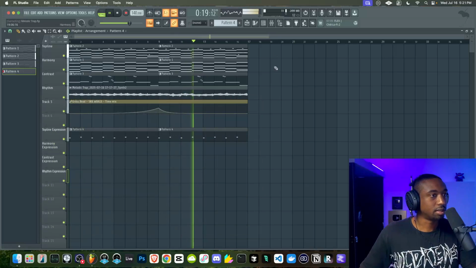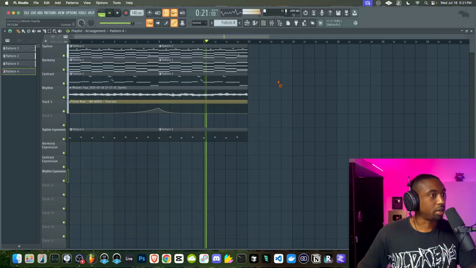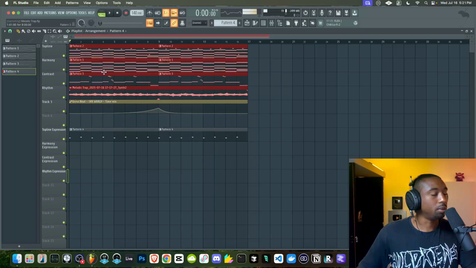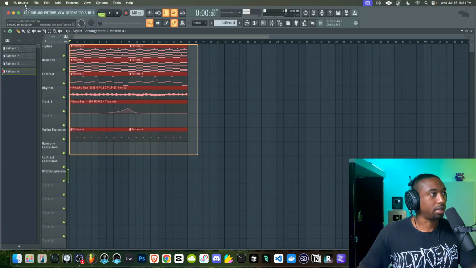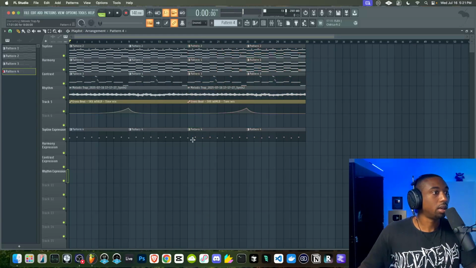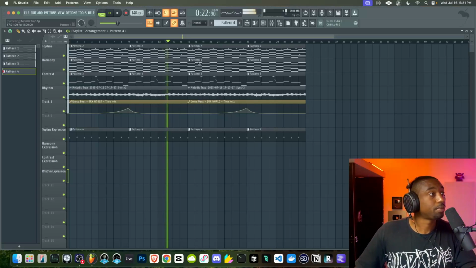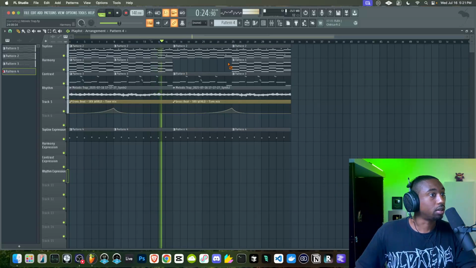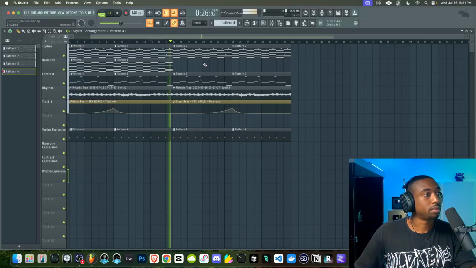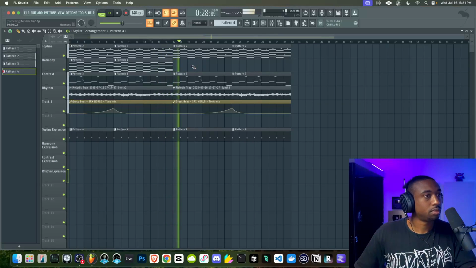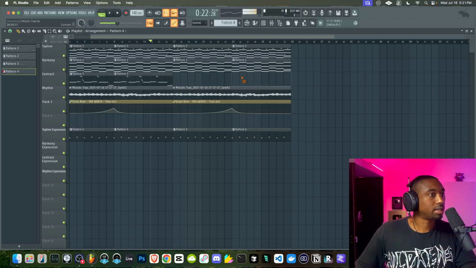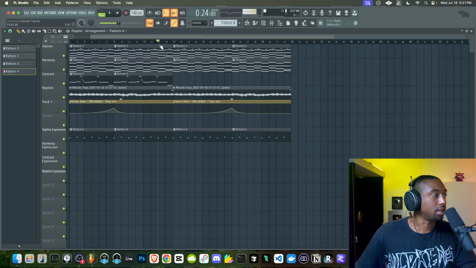Even with just this, the melody is pretty fire. So to teach you how to make this even bigger, let's take something out of the arrangement on the right side here. Let's take out the harmony section. Or you know what, the contrast, we don't want that to be super repetitive, so let's take out the bass.